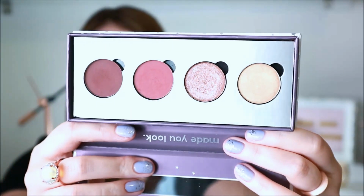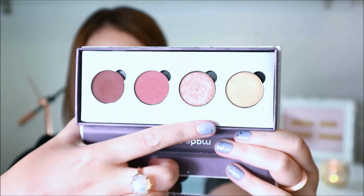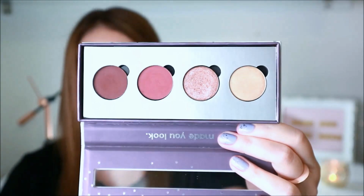So these palettes are kind of curated, so they've got a darker shade, a mid shade, a shimmery shade. Oh, this one's actually got 2 shimmery shades, sorry. So you can create a range of looks with the one palette. I think these are really well thought out because you do have your mattes and your shimmers in this palette,